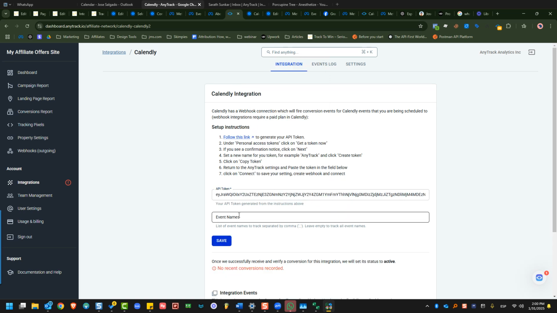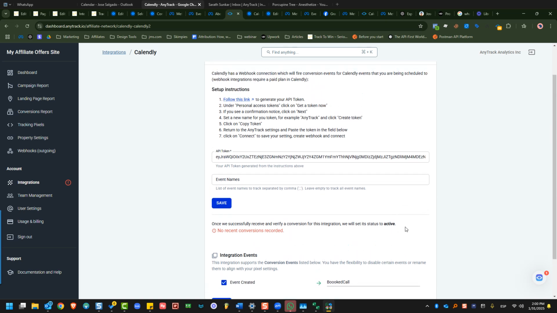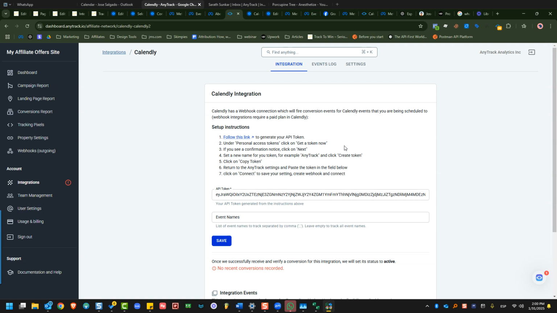and if you want to select the events from Calendly, you can select them or leave it empty to track all the events. I'm going to leave it empty. Okay, and the event, I'm going to name it booked call. Okay. And